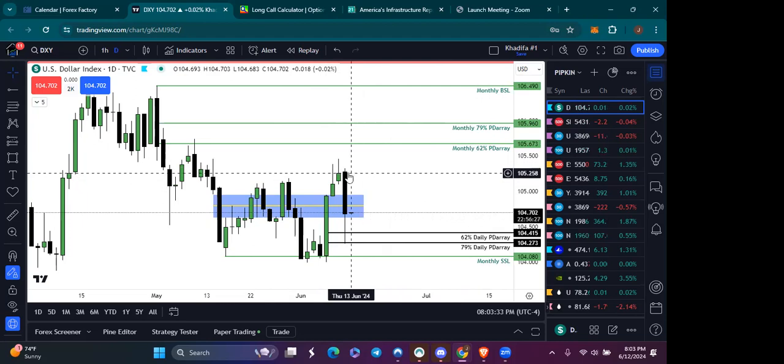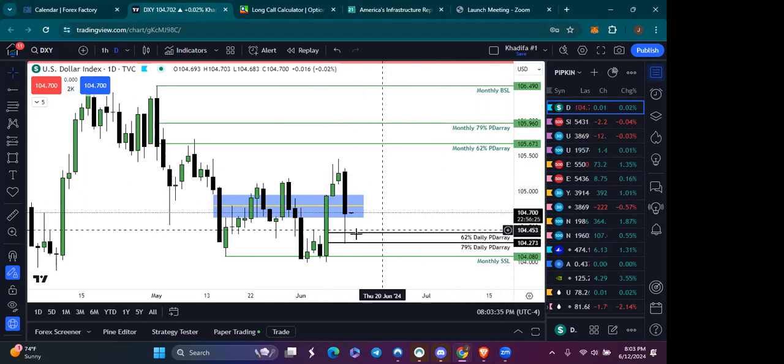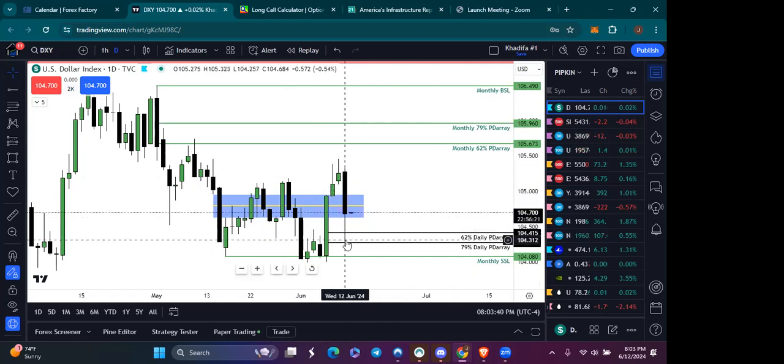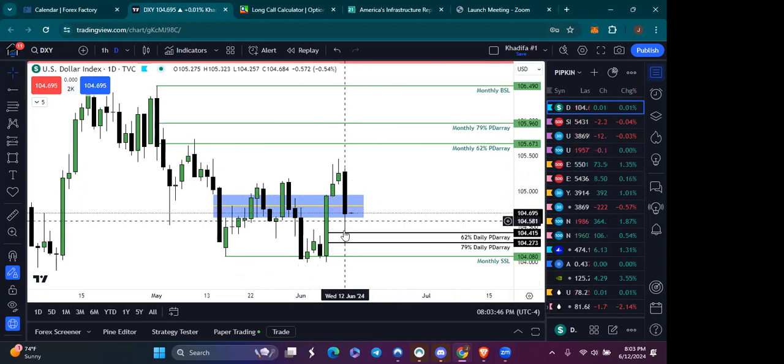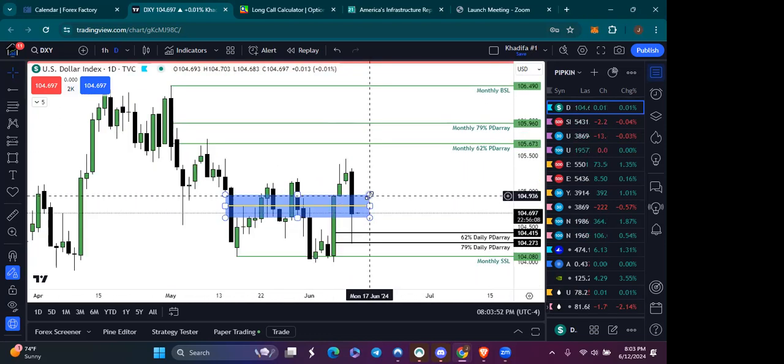So these levels down here were the levels that I wanted to see the dollar pull back to on Monday, right? But being that we just pulled down to these levels today with this high impacting news,